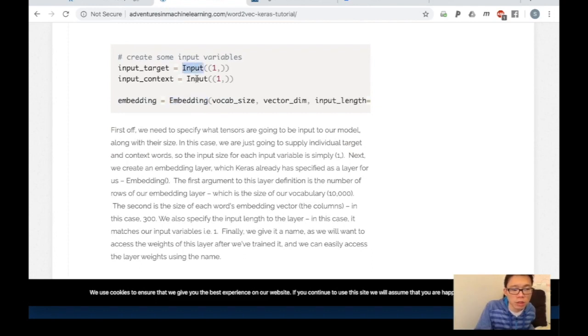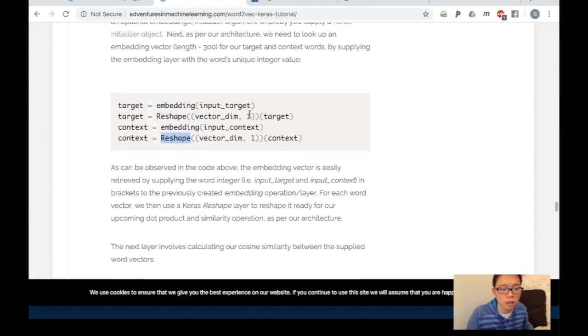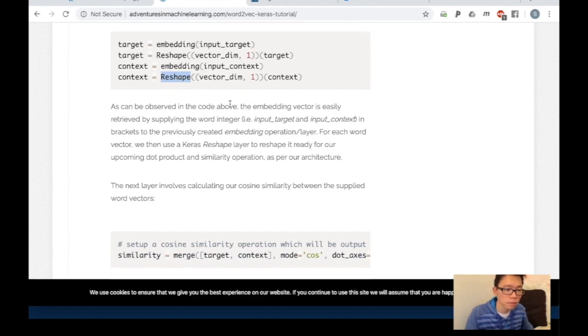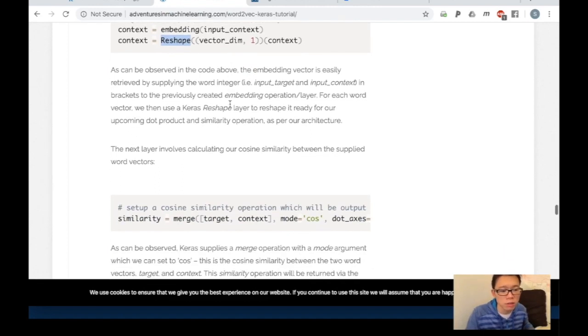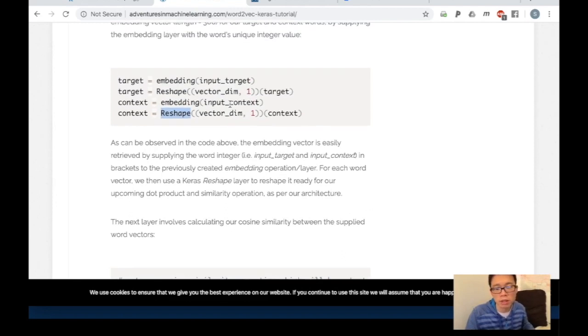With this particular negative sampling architecture, you have to use these input and embedding layers. But for different architectures, you can use even easier layers to do different functions with the data that you're passing through.